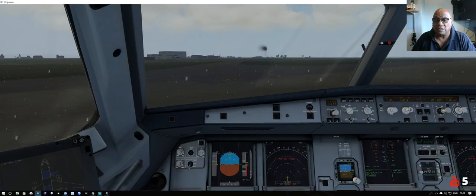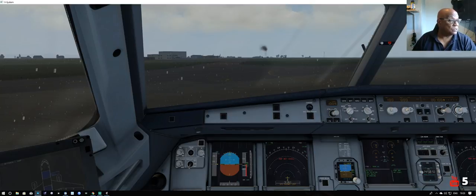And it's 1009. There we go. If you know your airport elevation, then all you need to do is go to here and make sure you're at the correct elevation. So if I was to put that at 220, regardless of what I thought the QNH was, it would give me the correct QNH, because 220 is